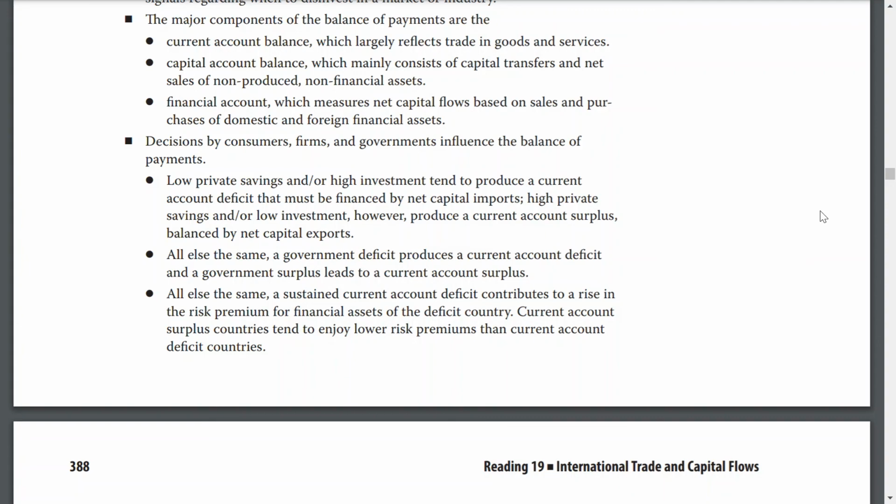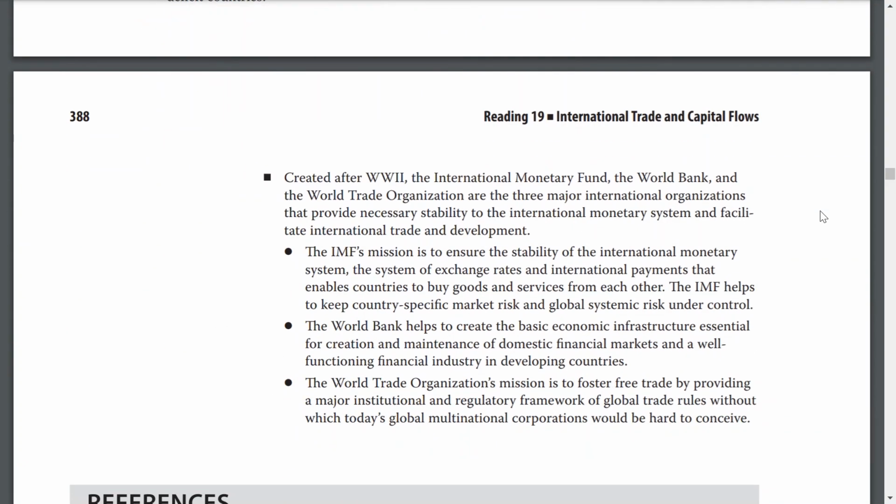Created after World War II, the International Monetary Fund, the World Bank, and the World Trade Organization, the IMF, the World Bank, and the WTO, are the three major international organizations that provide necessary stabilization to international monetary systems and facilitate international trade and development. The IMF's mission is to ensure the stability of the international monetary system, the system of exchange rates and international payments, that enables countries to buy goods and services from each other. The IMF helps to keep a country's